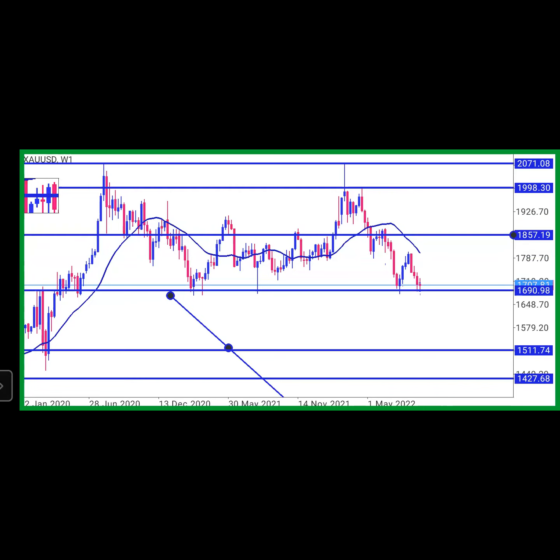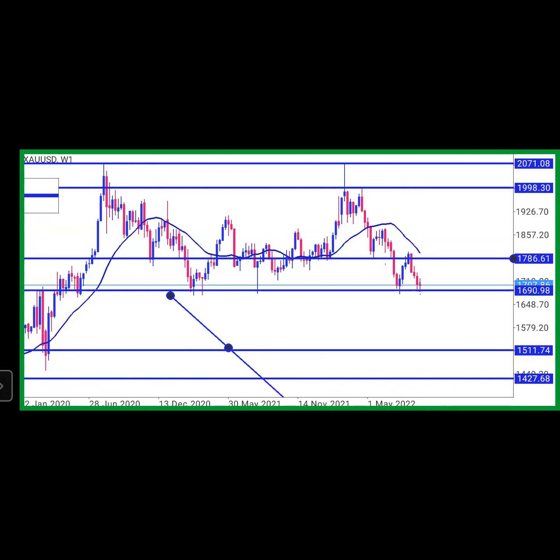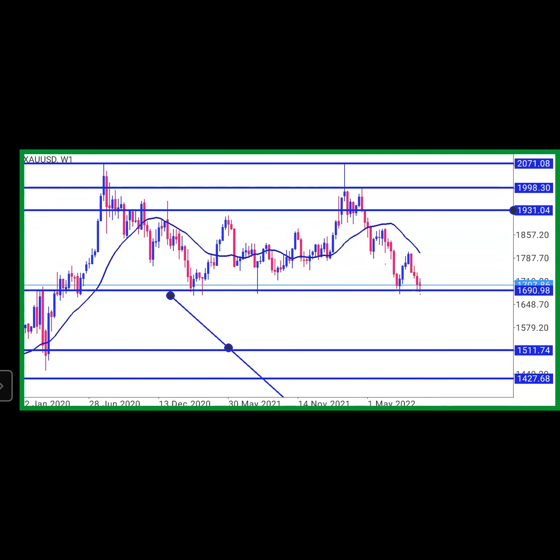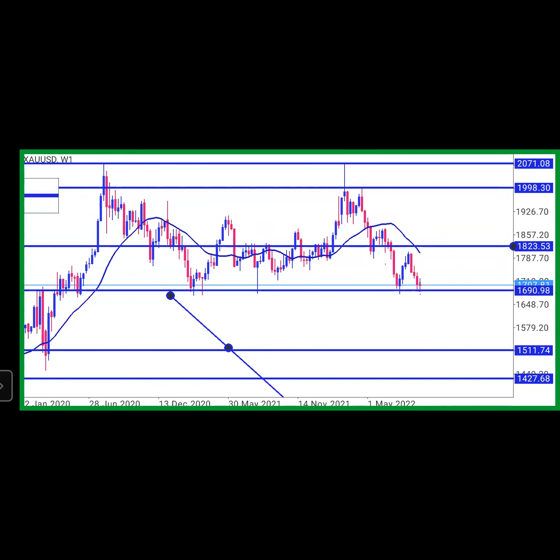Let's say you jumped in here around this 1857, and you're waiting for it to get down to this zone. And instead of getting down there, it turned back from here. You'll be in loss. That's why I said it's always better jumping at the beginning or the bottom. If you miss both, ignore. But in a big time frame like this, if you now go on a smaller time frame, because there are trends inside, you'll still be able to pick entries.